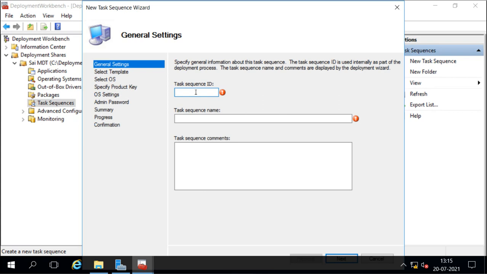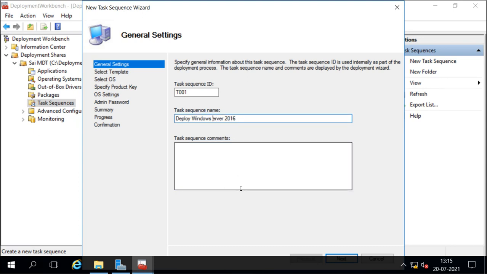So I will decide this is my ID, task 001, and the name for the task will be, I'm saying, Deploy Windows Server 2K16, and you can add a comment here also. That will be helpful for you if you have multiple task sequences created.